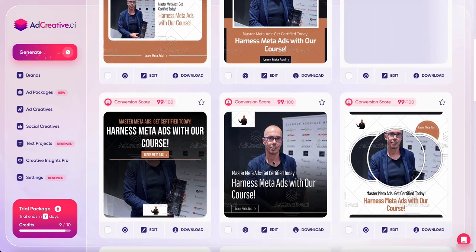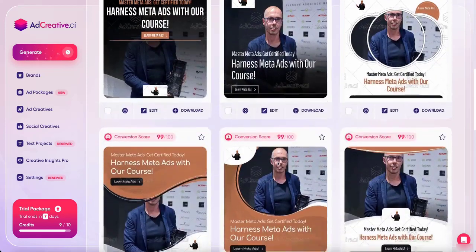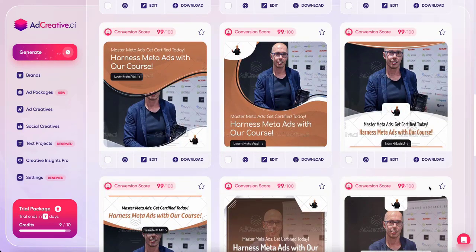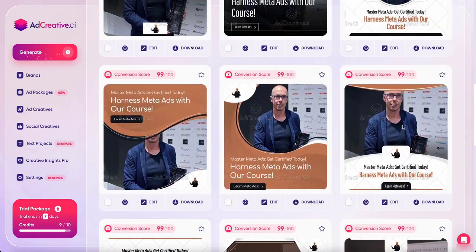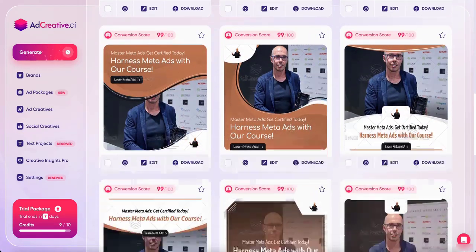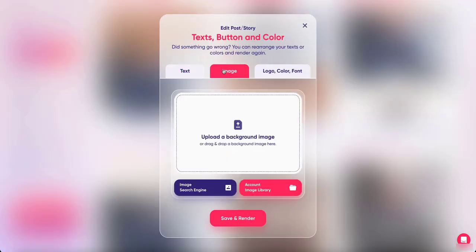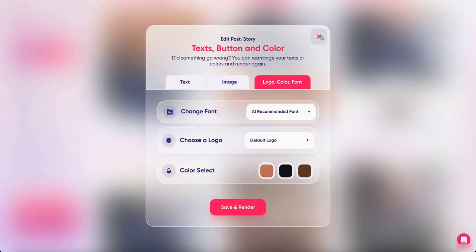And basically this is, for example, quite nice. As you can see, it's quite a nice idea. This is not good, it's covering the head, but let's say this is quite a nice idea. This is also nice. Yeah, this is really a nice idea. What you can do, you can always edit, you can change the text, you can change the image if you want. If you want another logo, you can choose.